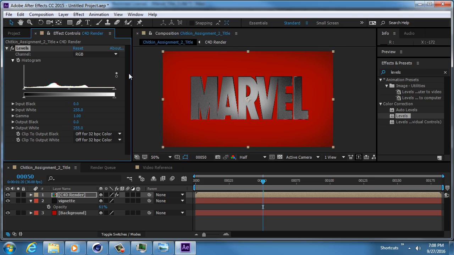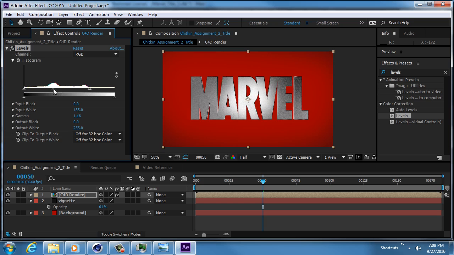Like in Photoshop, there would be another layer above this called levels, and then you'd have to hold down Alt to make a clipping mask. You don't have to do that in After Effects, and I can just adjust this levels effect,